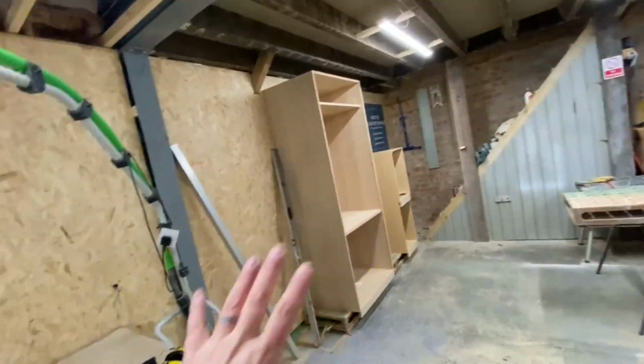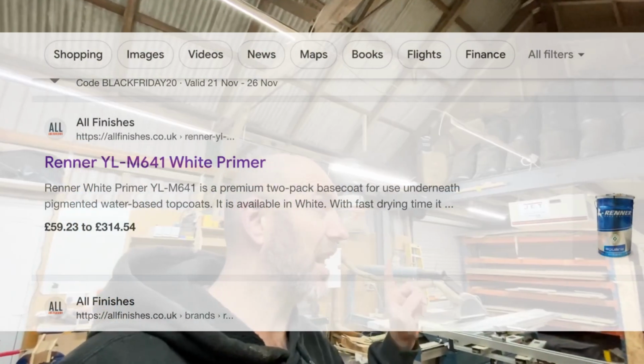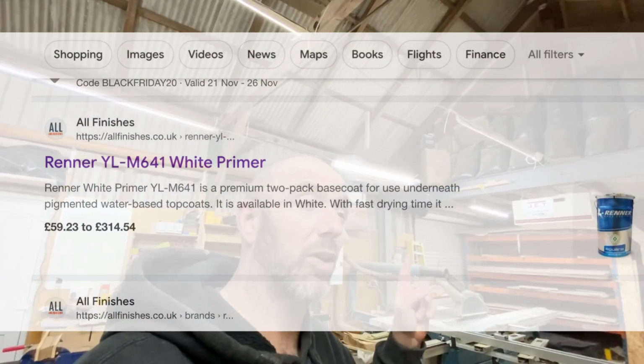It's all had a trial run. It's all gone on to make sure it works, which it does, make sure the sizes are right. It's all been sanded to the nth degree, and it's all up there ready to be primed. I'm going to be using this primer, which is my last chance primer, my last one of the water-based primers